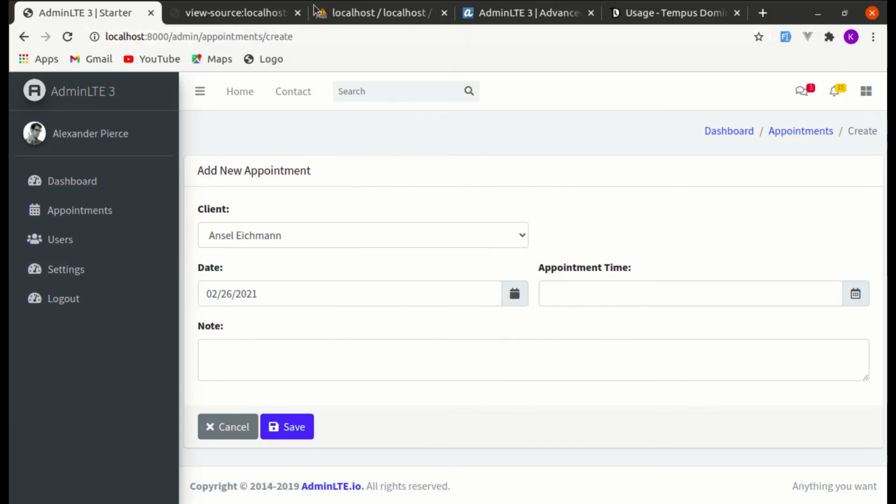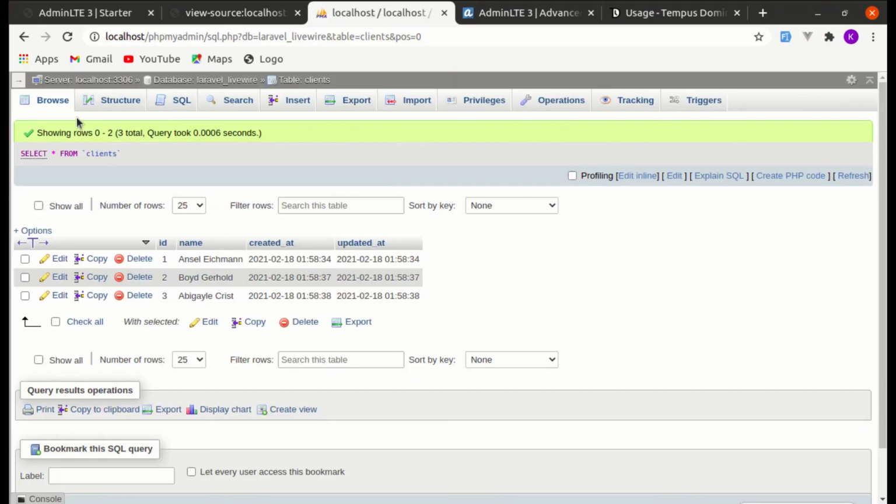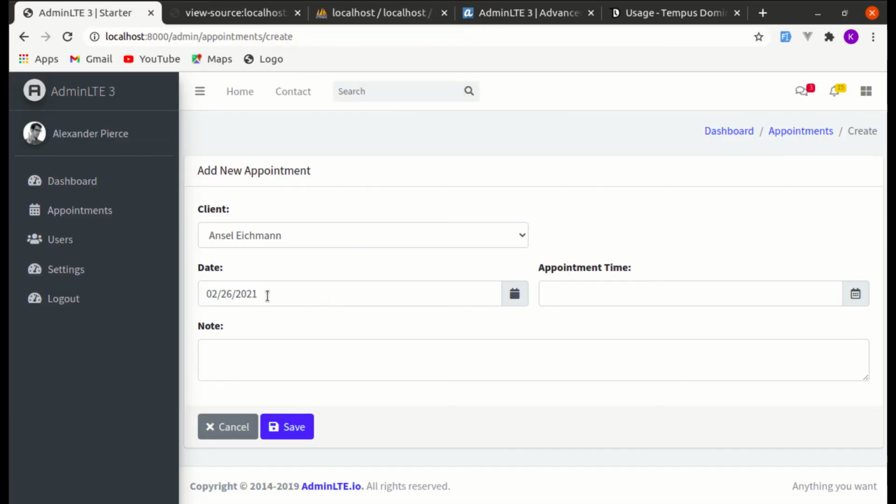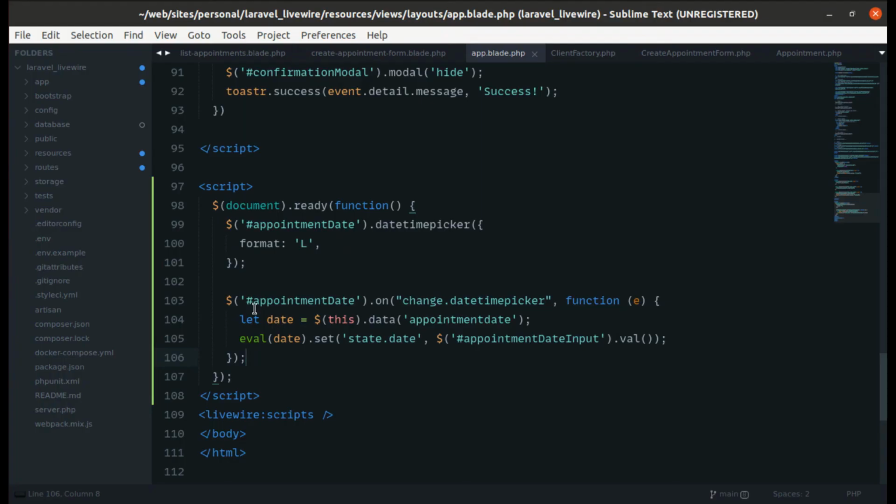Yep, I think those information are saved successfully. So let me go to appointments. Here the date is coming as 26. Okay, so yes, perfect. So this is the hacky way of integrating